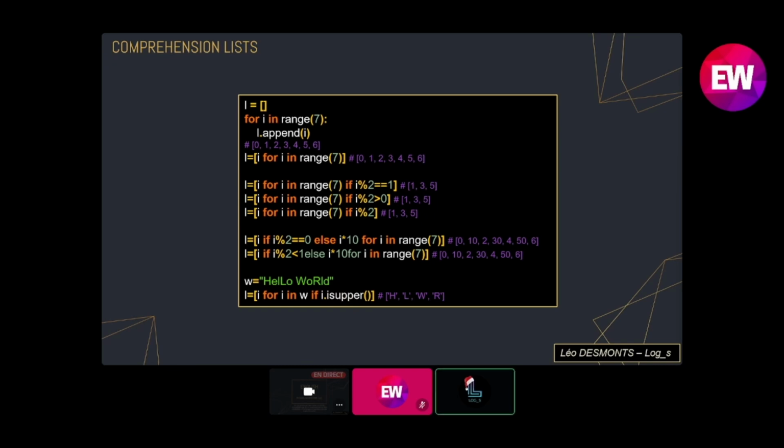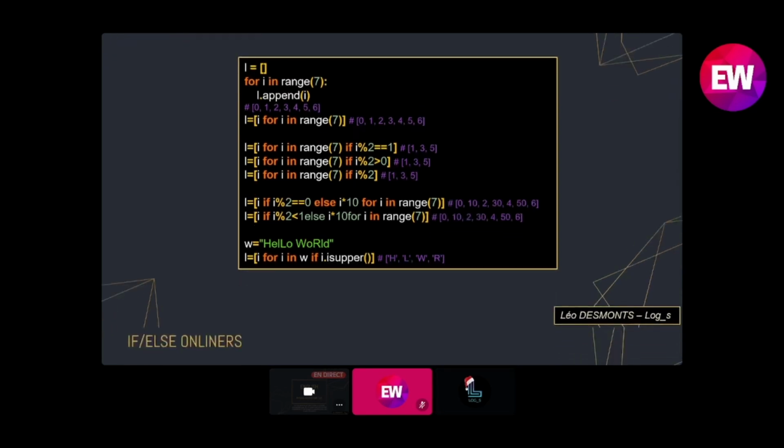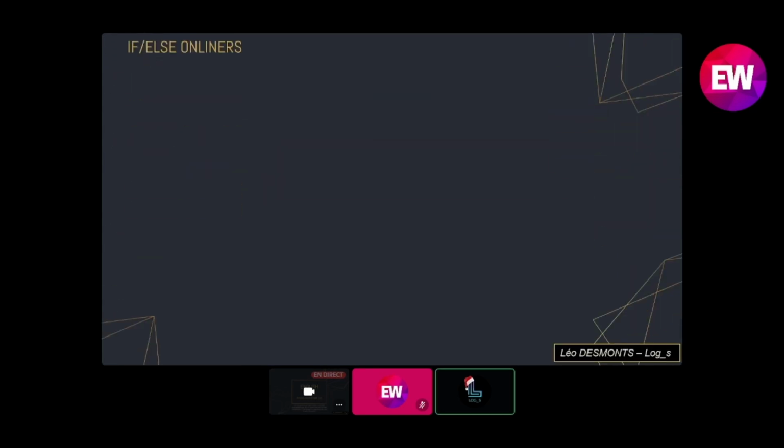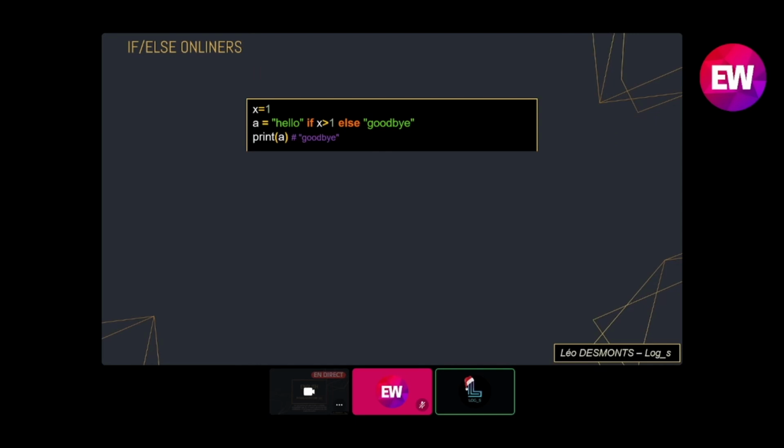You really should know about it because it's reused in short code competitions. Next, if-else one-liners. You had a little look at it before in the comprehension list.